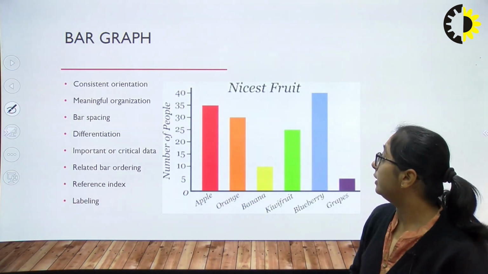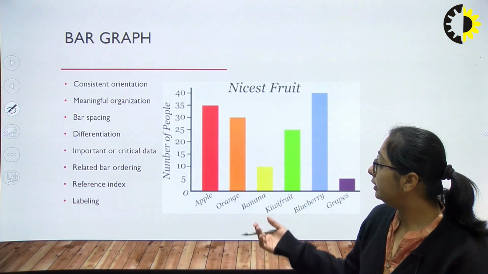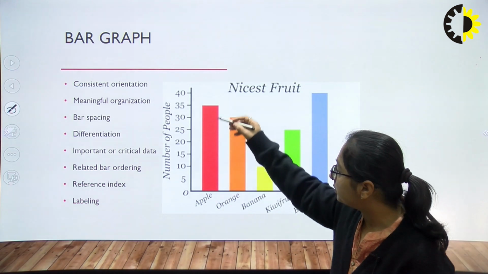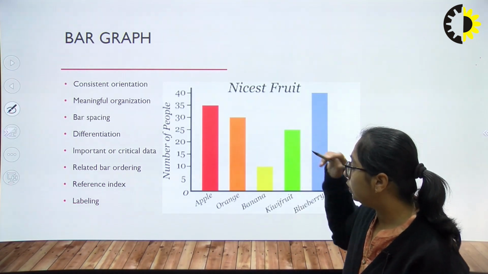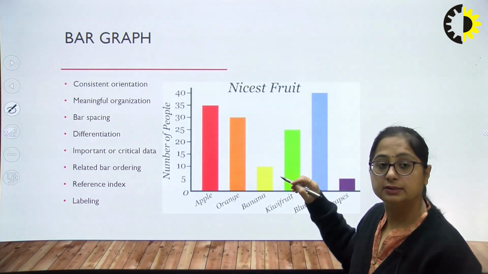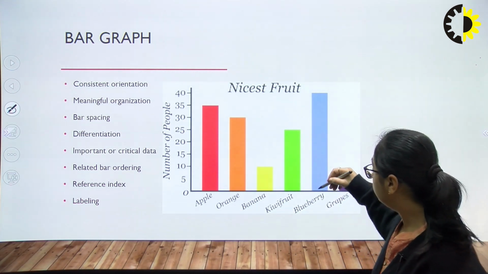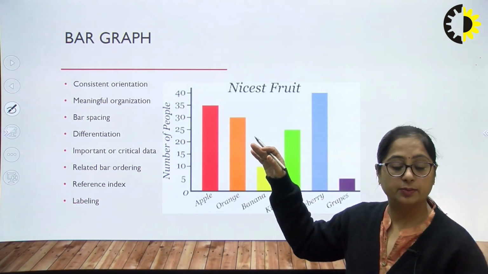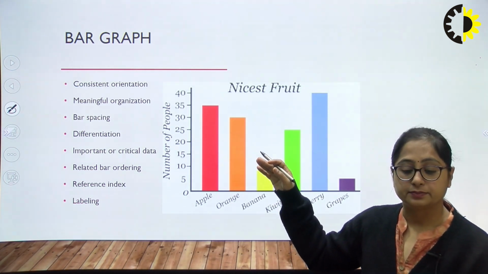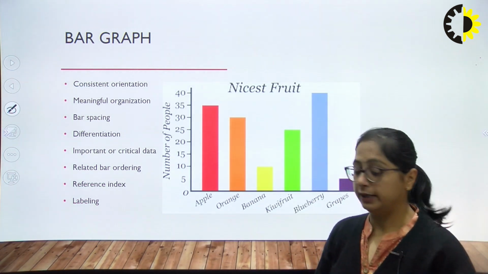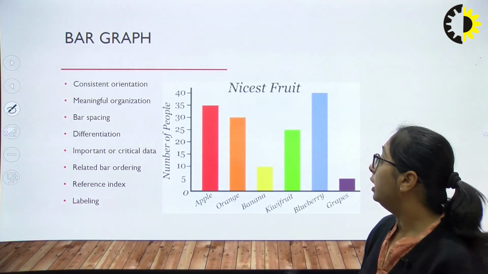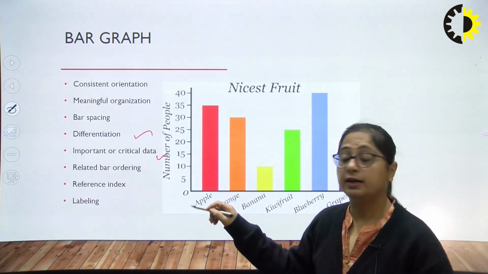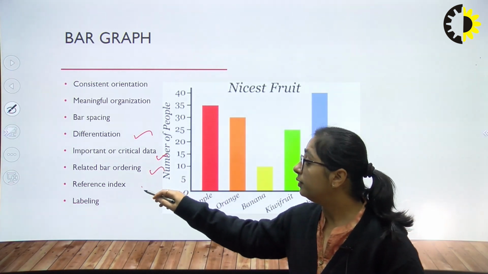Now next is the bar graph. Here you can see there are some bars. This bar represents the apple, this bar represents the orange, this bar represents the bananas, and these bars represent the kiwi fruits, blueberry, and the grapes. So consistent orientation represents these. And then meaningful organization, bar spacing, differentiation, important and critical data, relating bar ordering, reference index, and